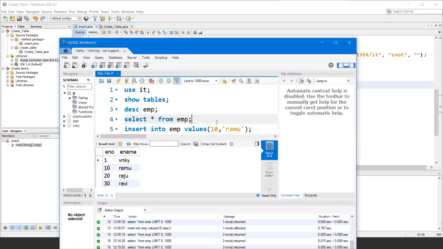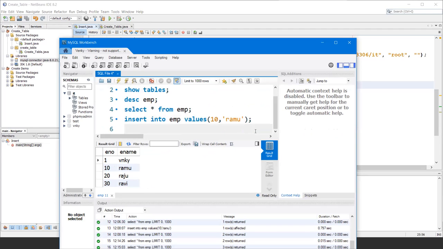For example, now I am going to change the employee number of Venki, instead of 1, to 40. See how I am going to change it.